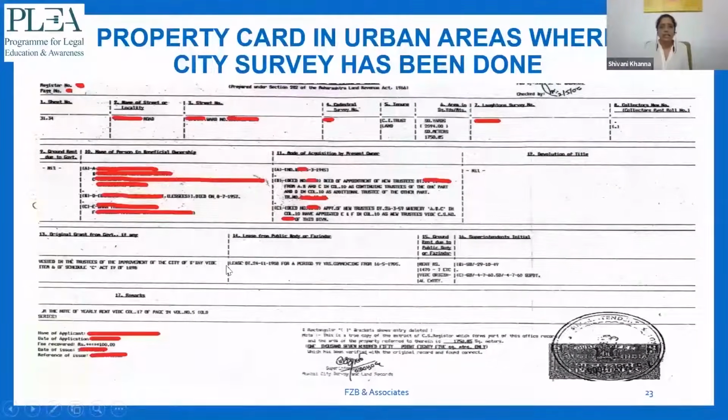Now, in all these details, we often miss out the important column, which is column 17, the remark column. Now, you must be saying, oh, there is no entry mentioned over here. Why is she saying that it is an important column? In this particular property card, it may not be so. But most of the time, there is any mortgage, English mortgage or any other mortgage which is registered. If there is a reconveyance of the mortgage, if there is a setback, what was the order of the statutory authority pursuant to which the setback area is taken away from my land. All those details you find under column 17, that is the remark column.